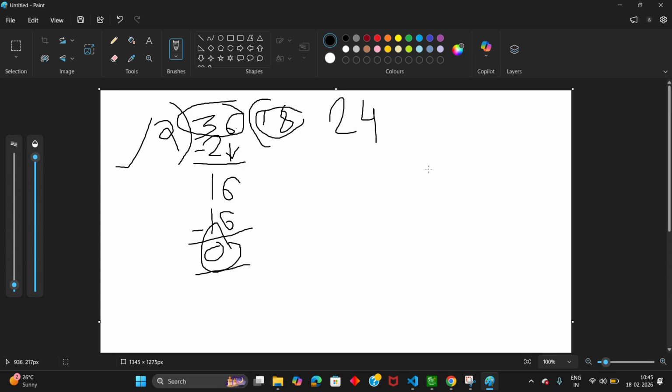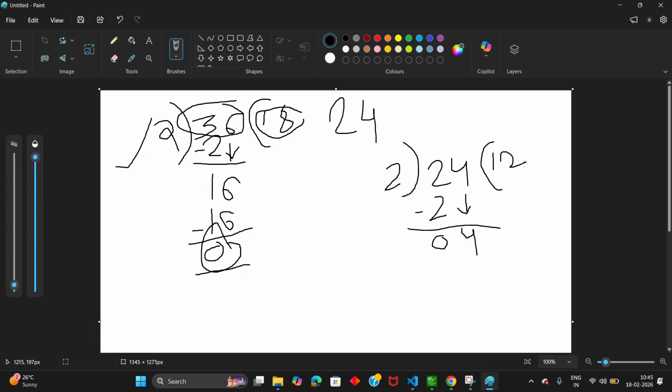Similarly, if you check with 24, when it is divisible by 2, we get the remainder 0. 2 ones are 2, and 0, and 4 comes down. 2 2s are 4. 4 minus 4 is 0, so we can say that 24 is completely divisible by 2.